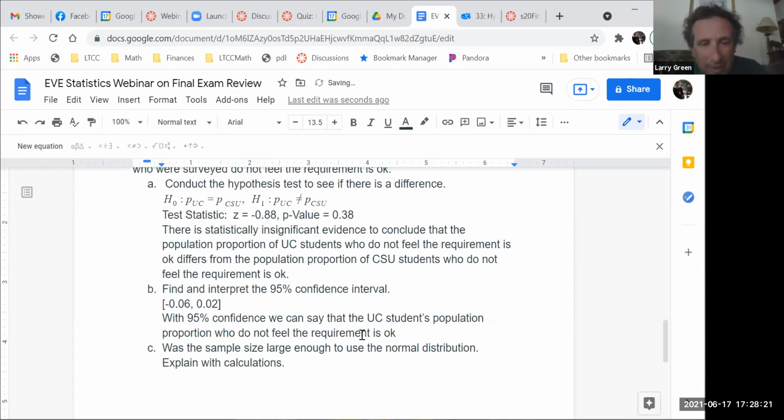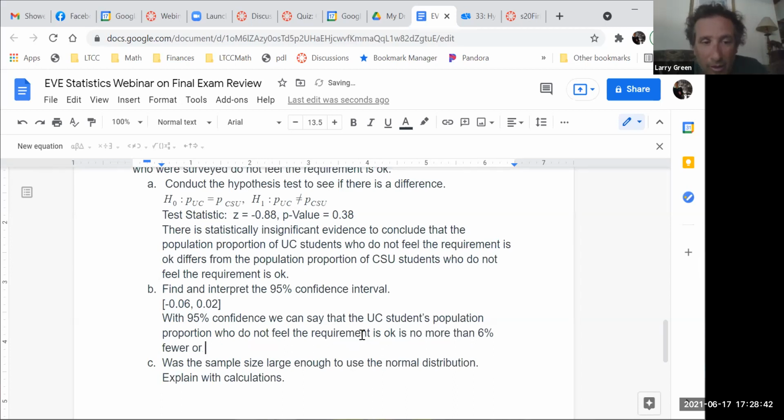And now we have these numbers. We have 6%, is no more than 6% fewer. Negative is fewer. And no more than 2% greater than the